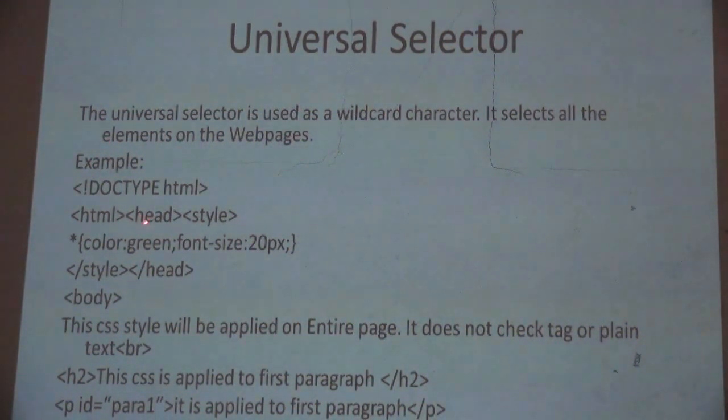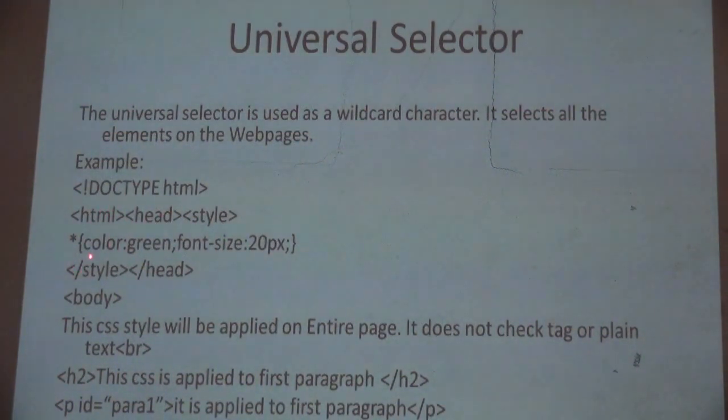For example, each and every topic has an example, so you can clearly understand all these types of headings with the help of such examples. You can create other examples like these. These examples are given in the book. Document type HTML, head, style. I am writing this in only one single line. No problem, you can write in a single line or on multiple lines. If you are getting confused, then write it on separate lines.